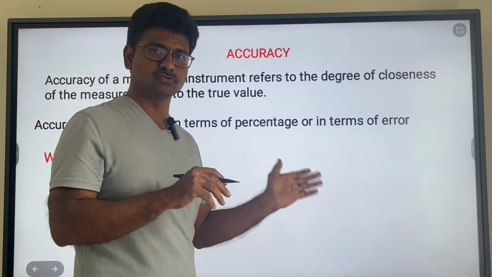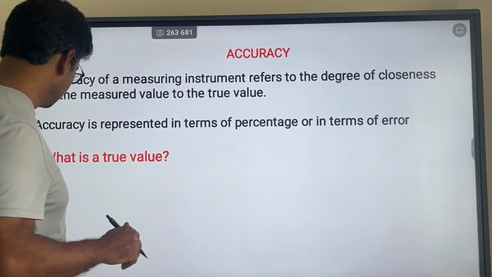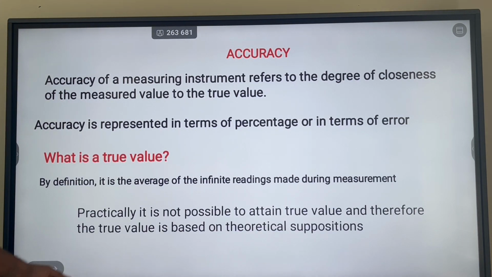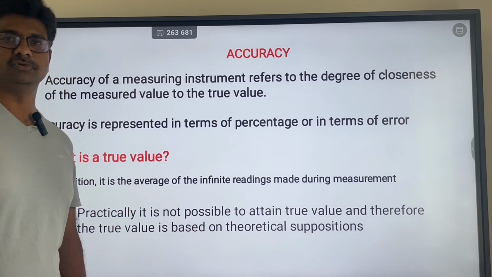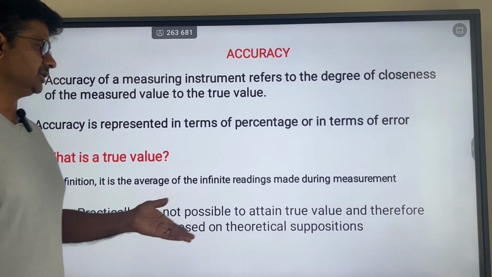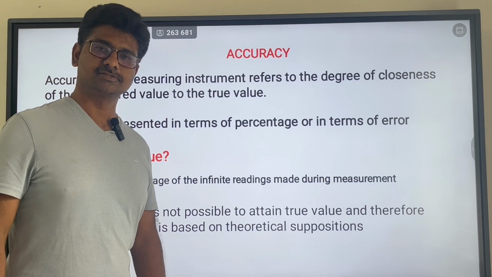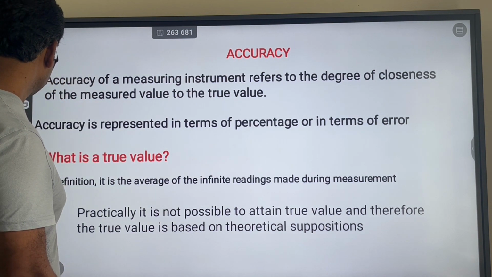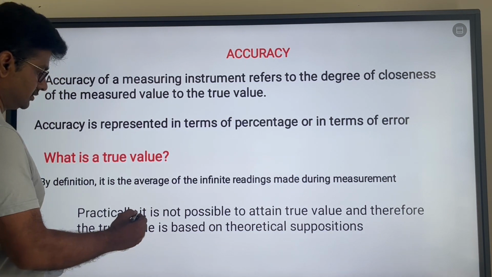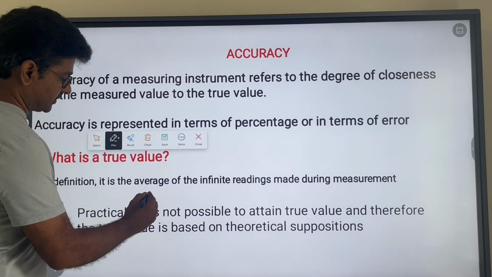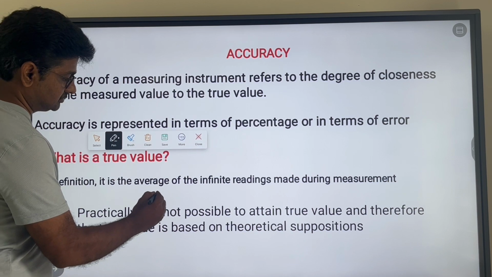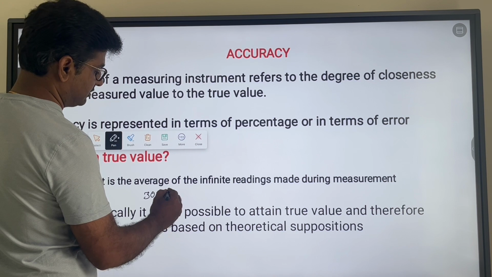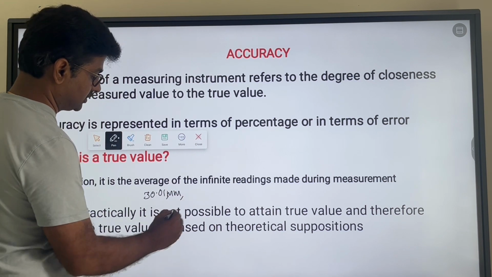We try to understand what the true value is now. Just go through that. Practically, it is not possible, right? So what finally we do is based on theoretical suppositions. Suppose I have values like this, for example, 30.01 mm. I'm measuring something, 30.01,